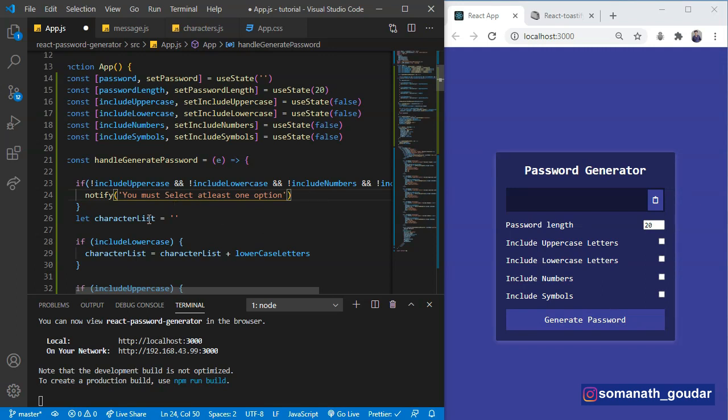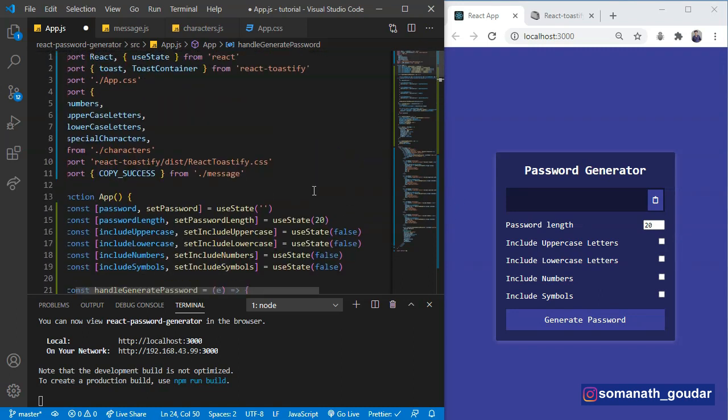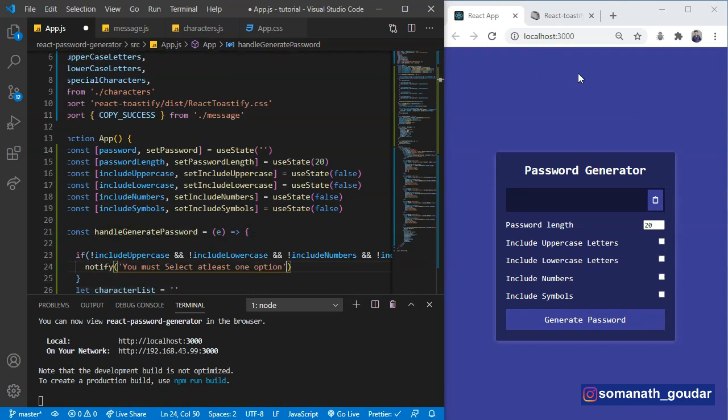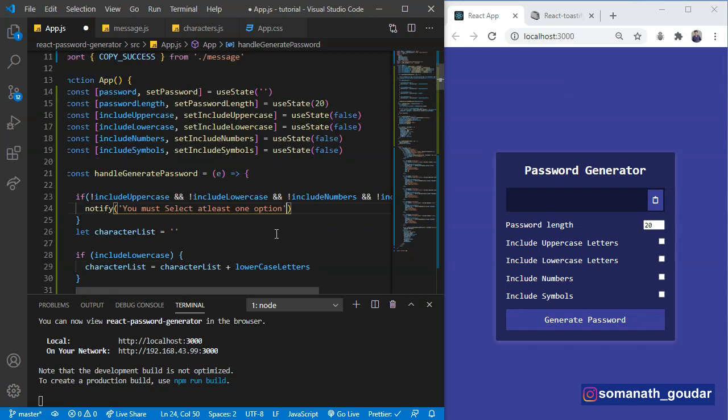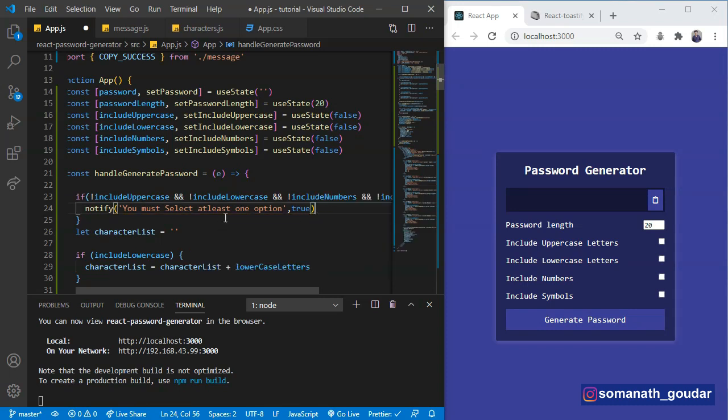Okay, we are also setting a new function over inside of our notify. So I want a new template to show. I want the error message to show in a different color. So here I'm going to say this is an error. I'm going to set it as true. Why I have set this to true, you will get to know in a while.